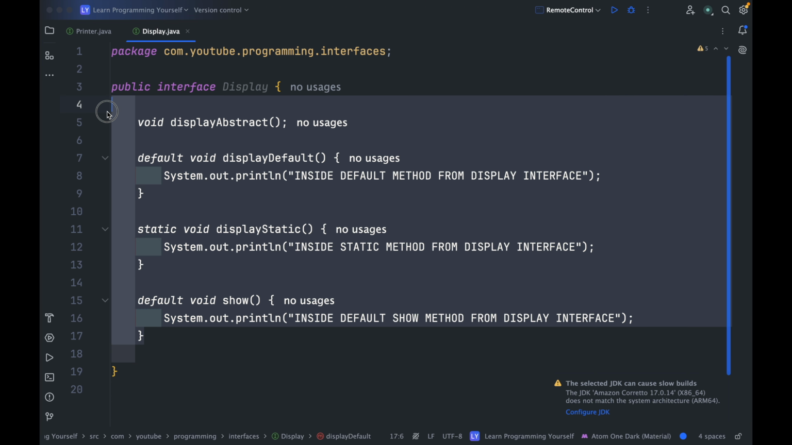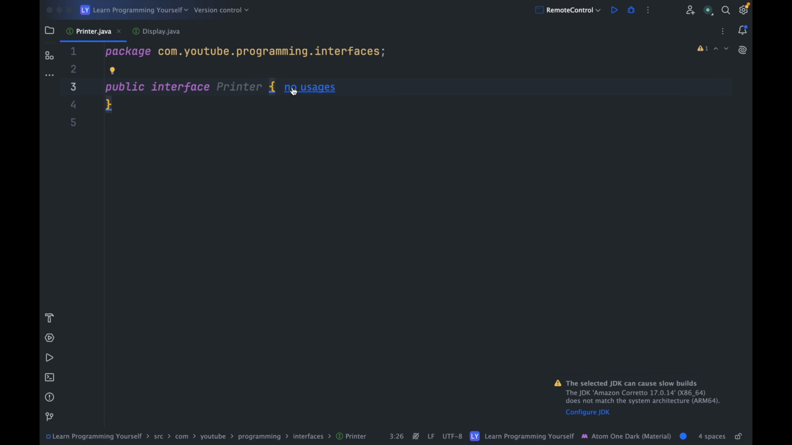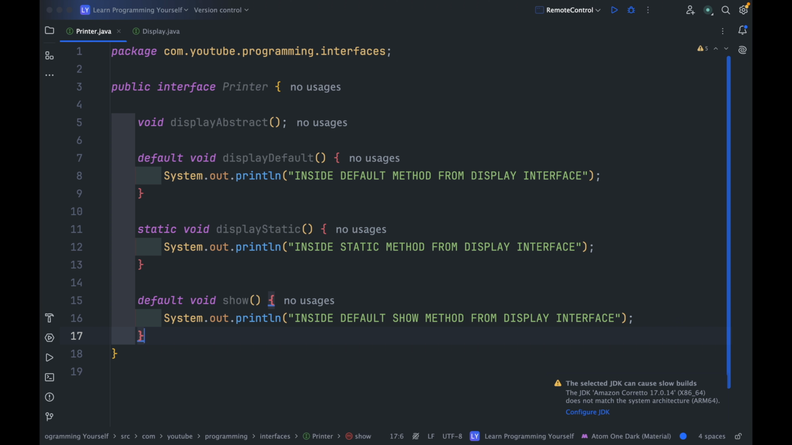Now what we can just do, we can just copy this particular code and go to the printer interface and paste this code as it is. So right now our two interfaces contain exact same code. One thing that I would like to change is this time, inside the printer interface, I don't want to keep this show method as a default method. Instead, I want to keep this as an abstract method